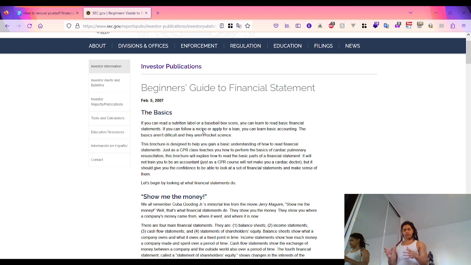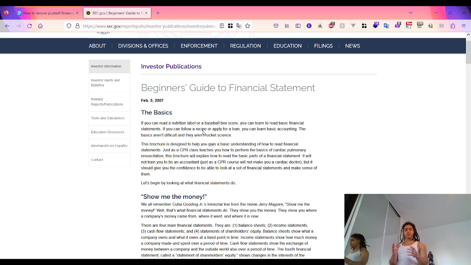In there, they mention that if you're able to read nutritional labels or a box score, perhaps a baseball or soccer box score, you can learn to read the basic parts of a financial statement. And if you can follow a recipe or apply for a loan, you can learn the basics of accounting. And accounting, they're not difficult. They're not rocket science. So this section is going to show us how to gain a basic understanding of financial statements,